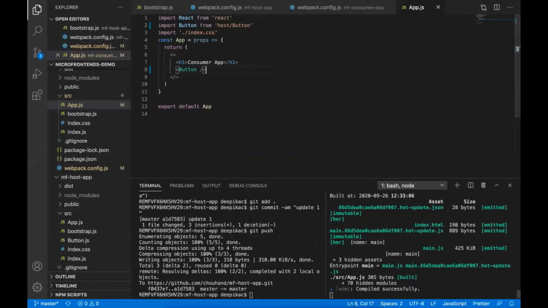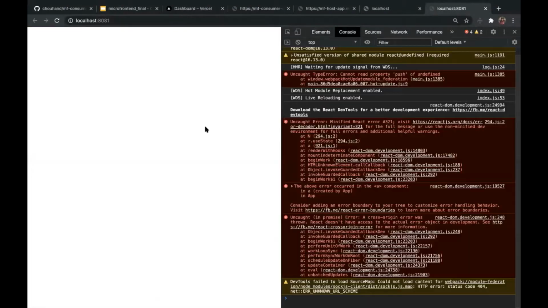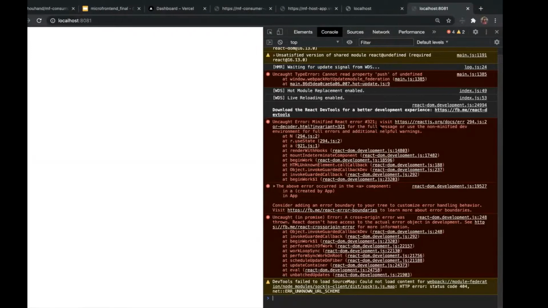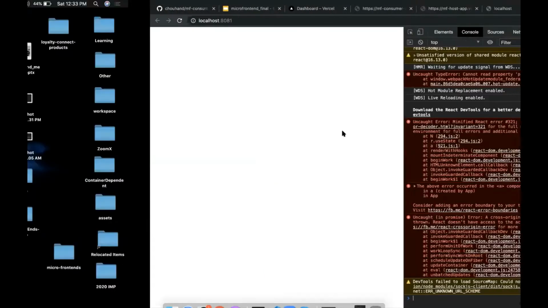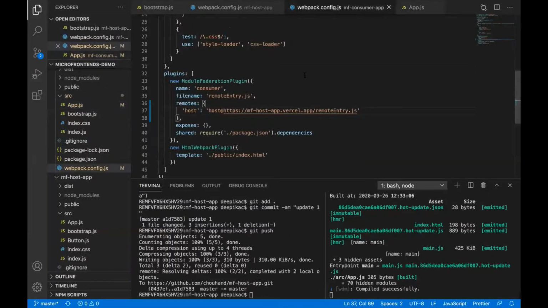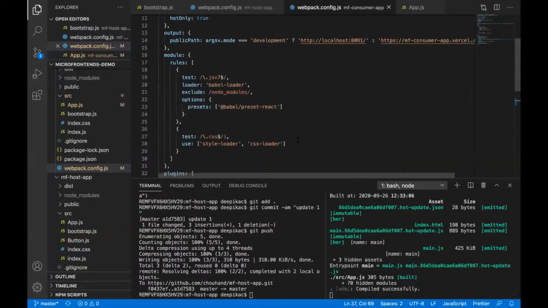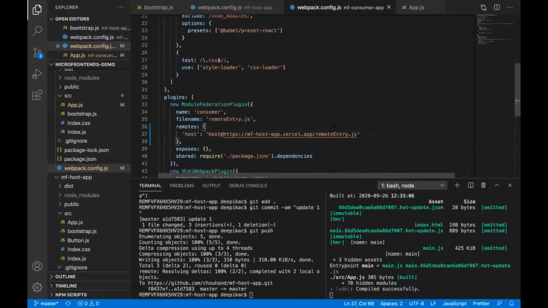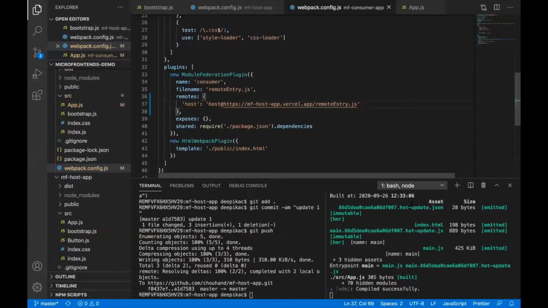It is not working. Why is it not working? Cannot read properties. What? Did I miss anything? I don't think so.